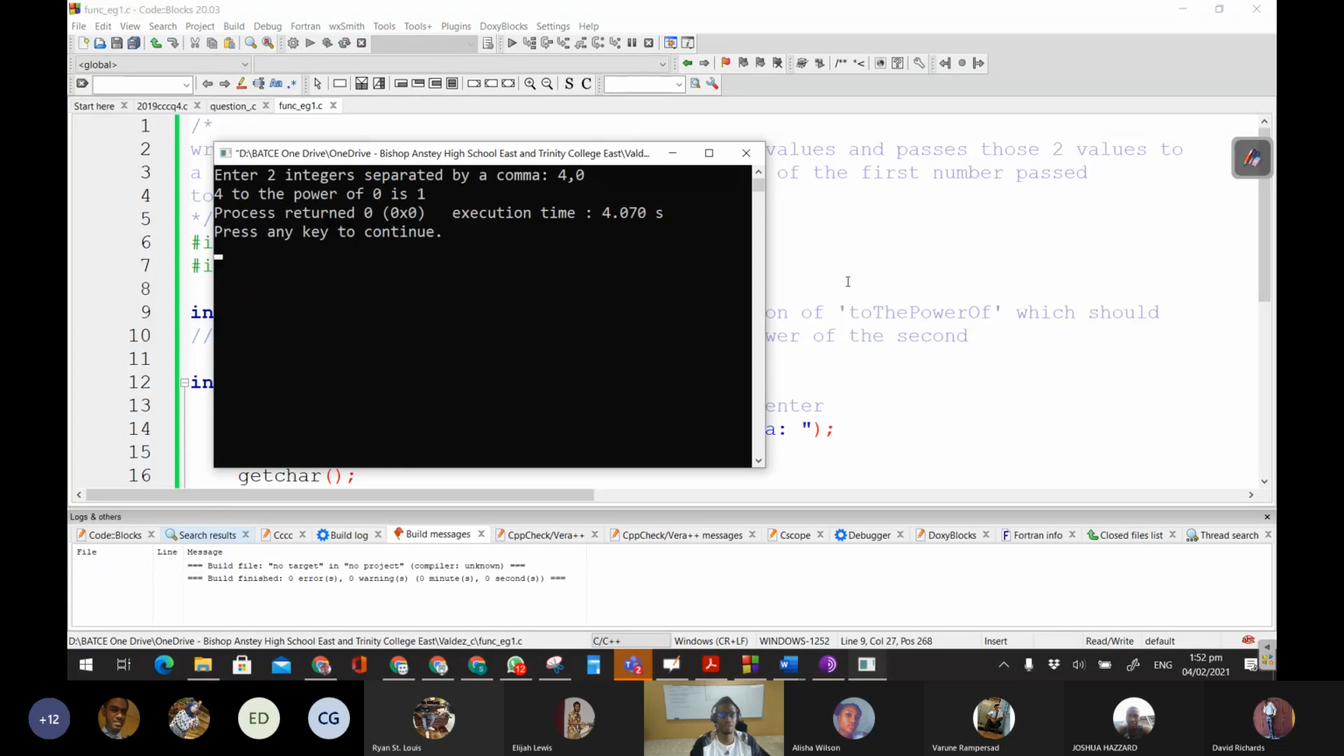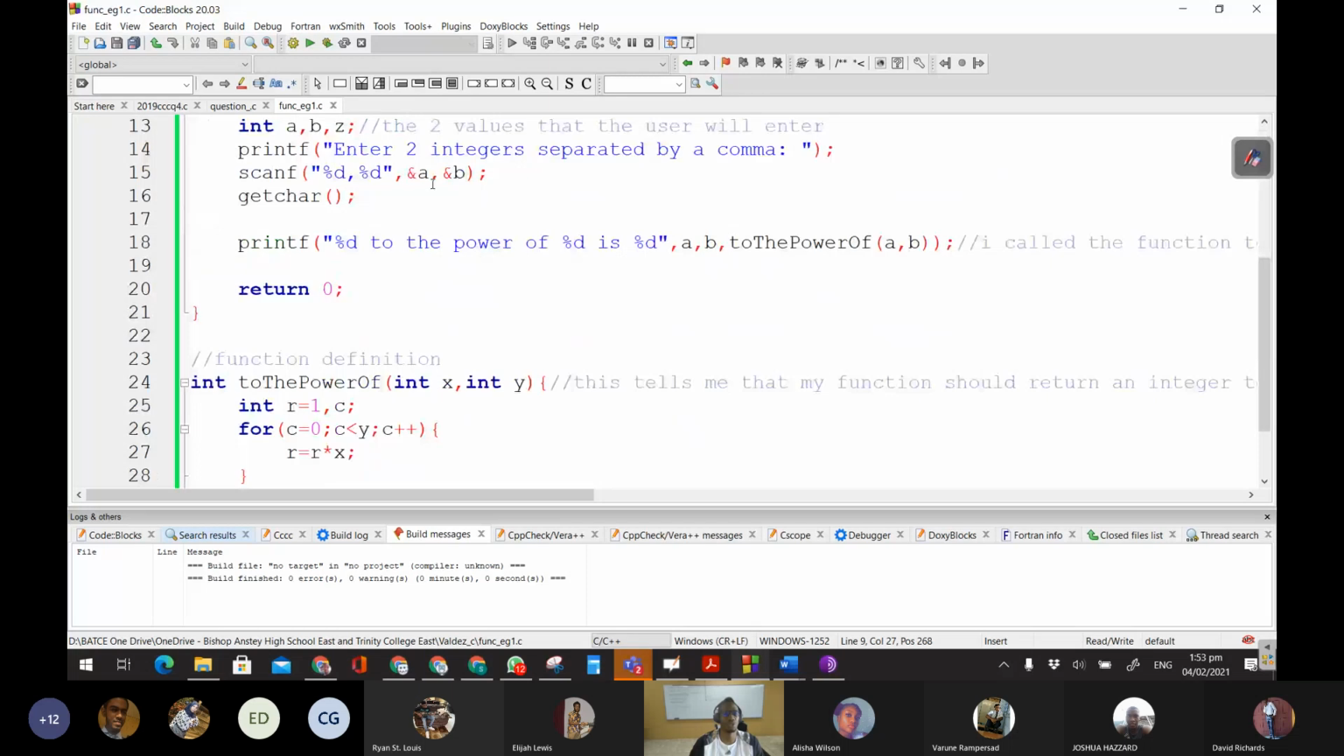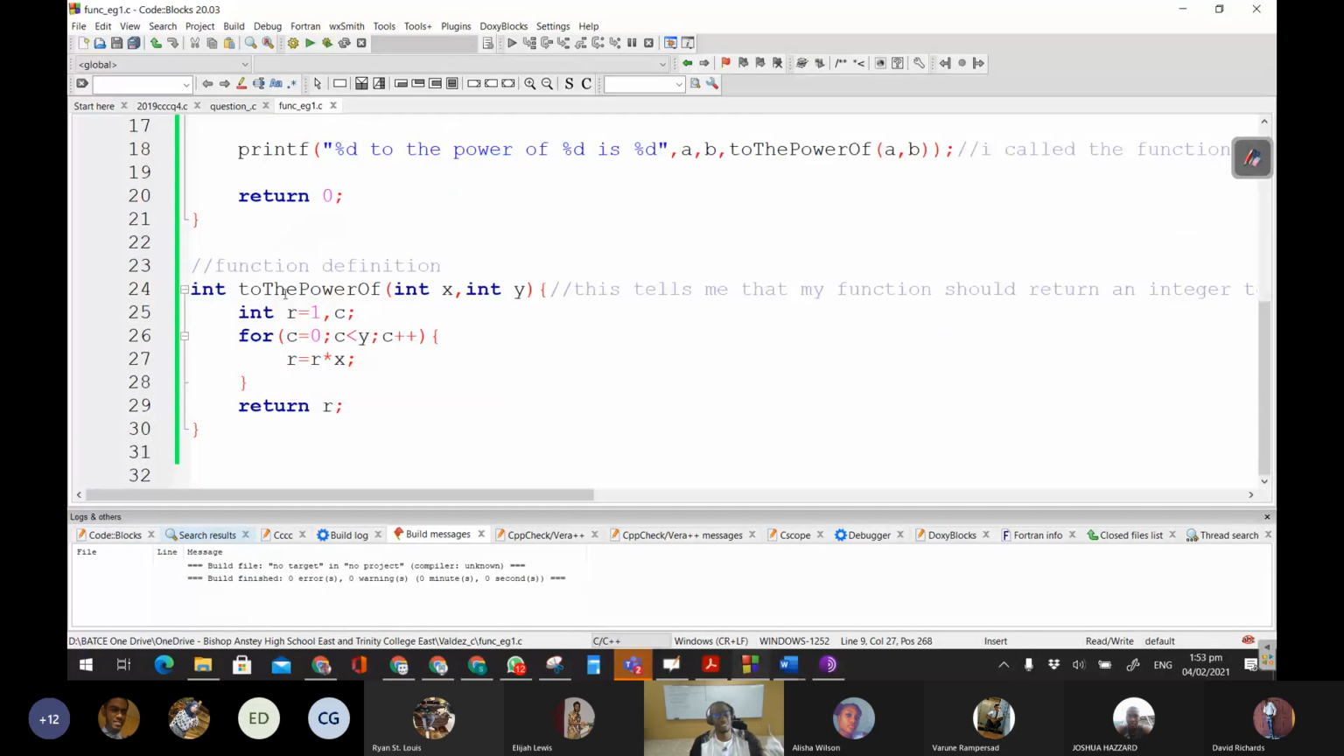Okay, and 4 to the power of 0. 4 to the power of 0 is 1. I think that's correct mathematically. Anything to the power of 0 is 1, not so? One of those math students, you could confirm. Yes, sir. Right, so we've written this function